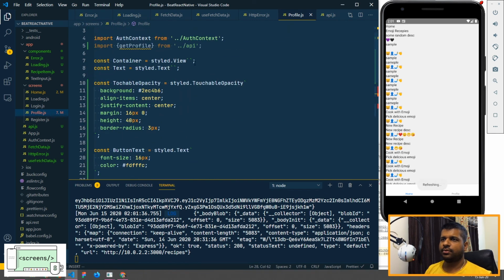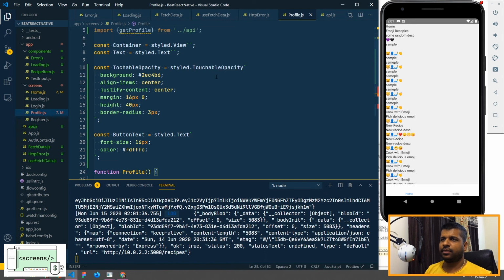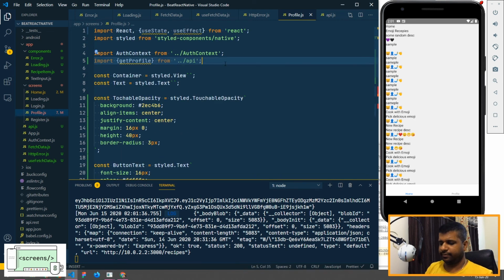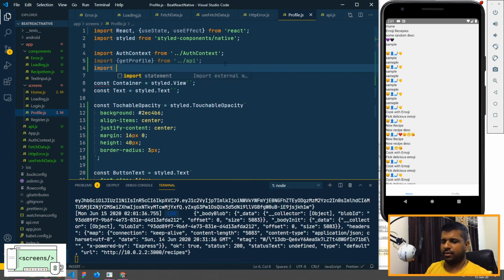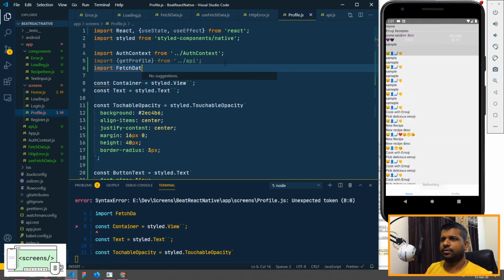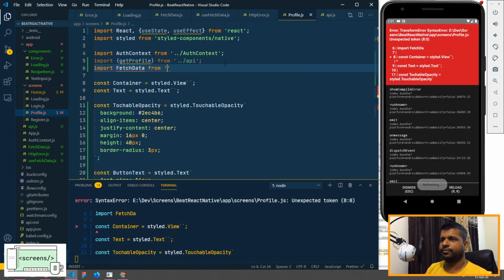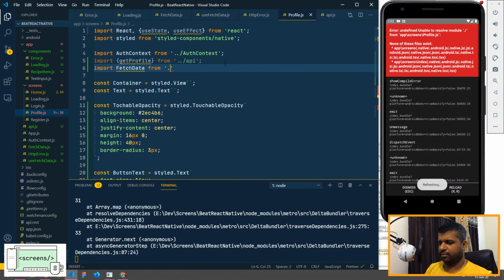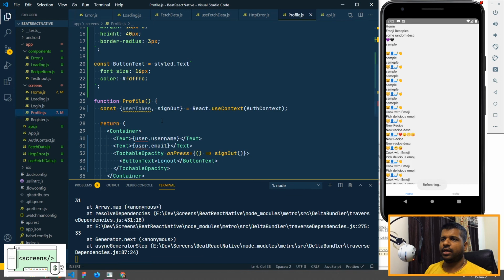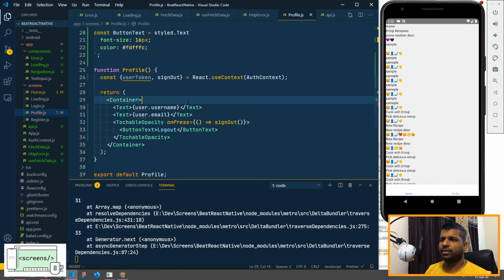So what we'll do is import the fetch data component from, okay, and we need to wrap everything inside fetch data.